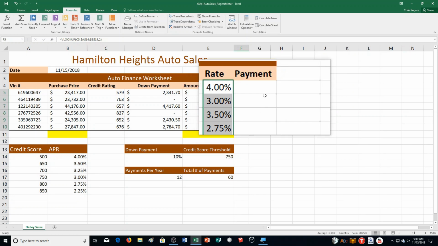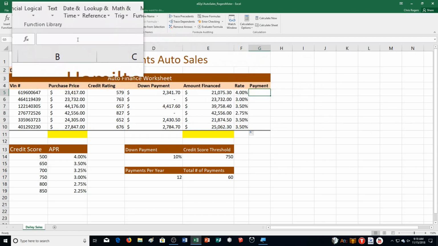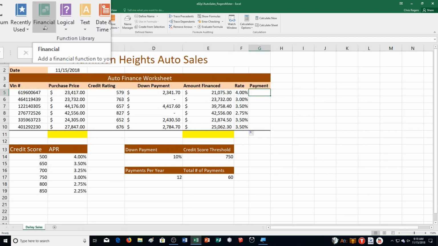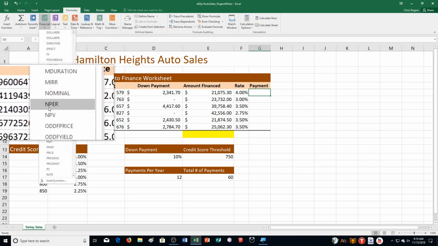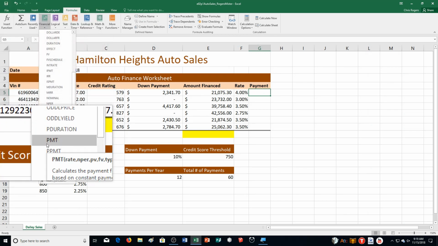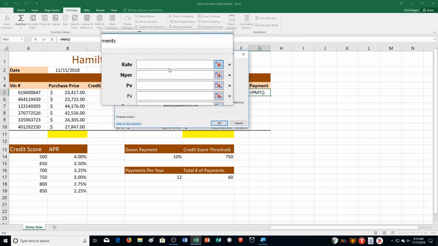Step H, it says click cell G5. Click Financial in the Function Library group, so Financial. And then it says click PMT. So I gotta scroll down a little bit. PMT. And it says to type in the rate box